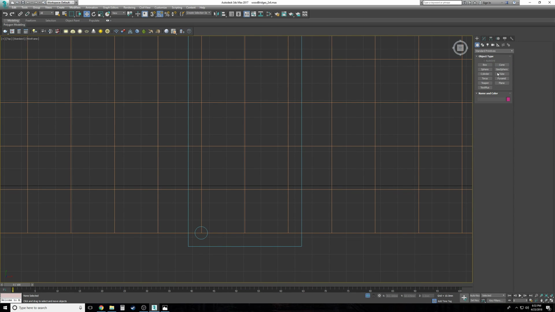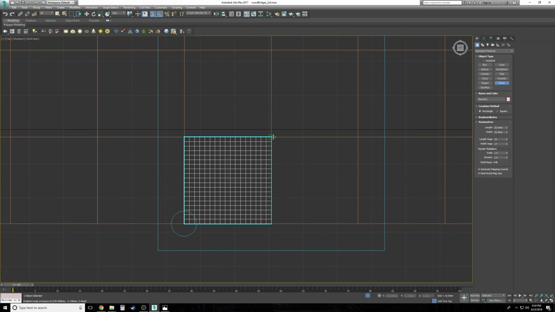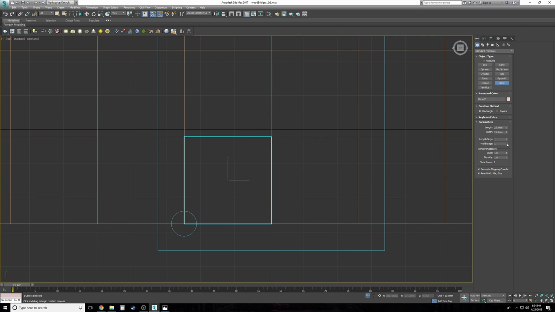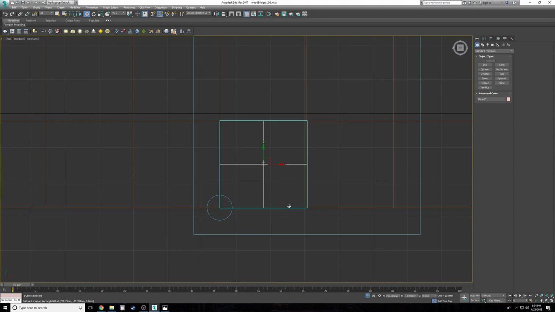And we're just going to make a simple plane. And we're going to turn our snap tool on and snap it there. We can cancel out all these segments because it remembers it from last time. Just cancel them all out. To make it easier for you to remember what you're about to make, you can put 2 segments on there just so you can see that it's separate from the regular grid. And you don't even have to make a copy. That's it. And we're only making this so we can have an alignment